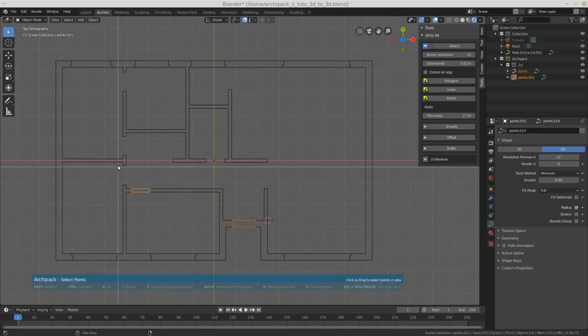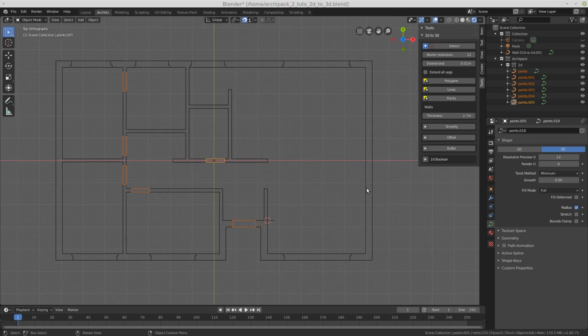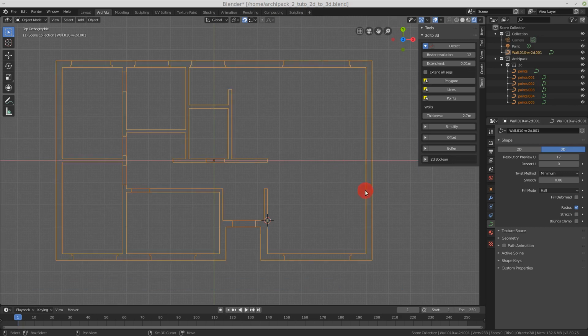So select, fill, in order to get closed walls. I got a proper closed volume. Now I can exit the tool with a right click and select the other lines.